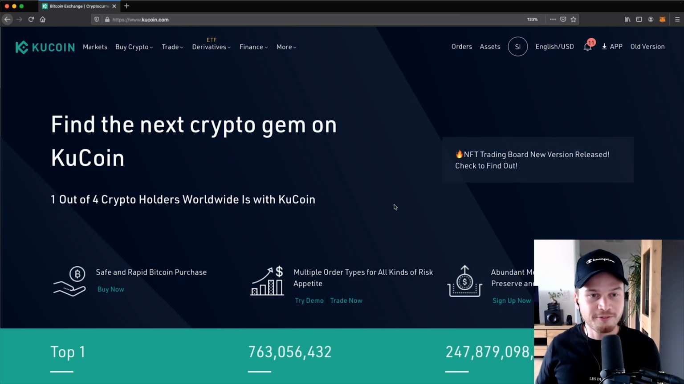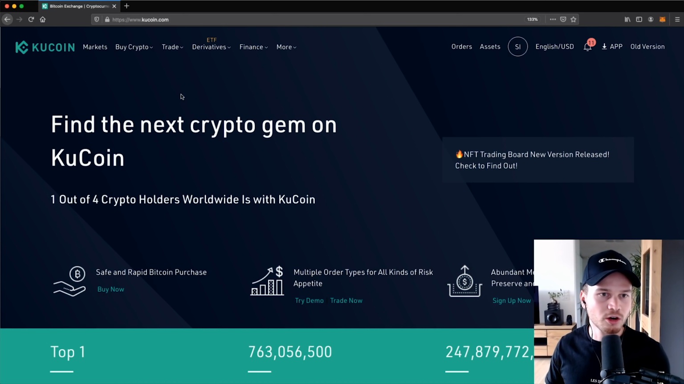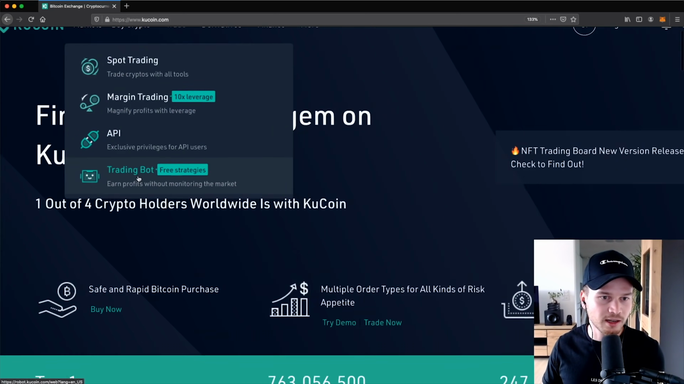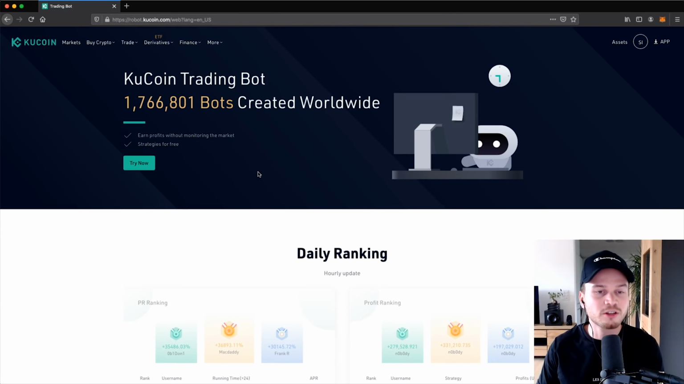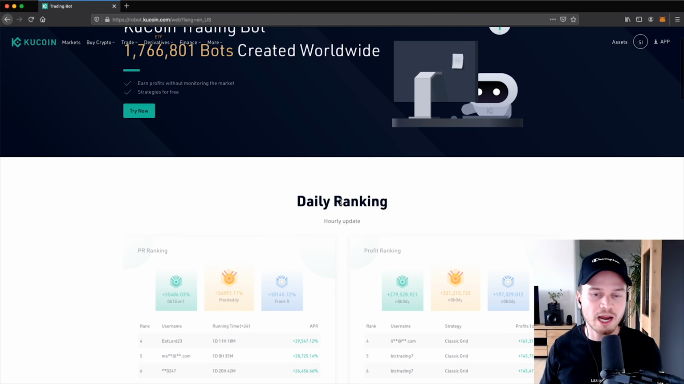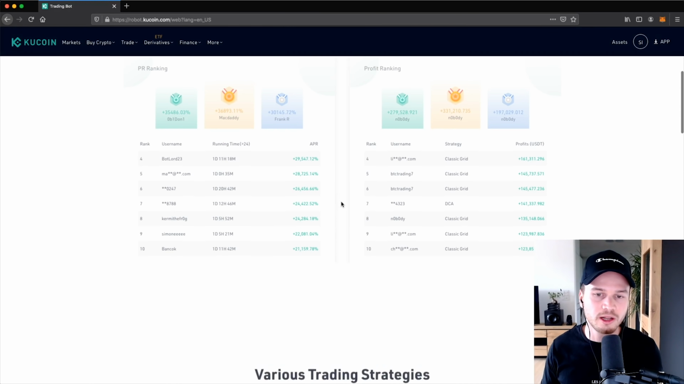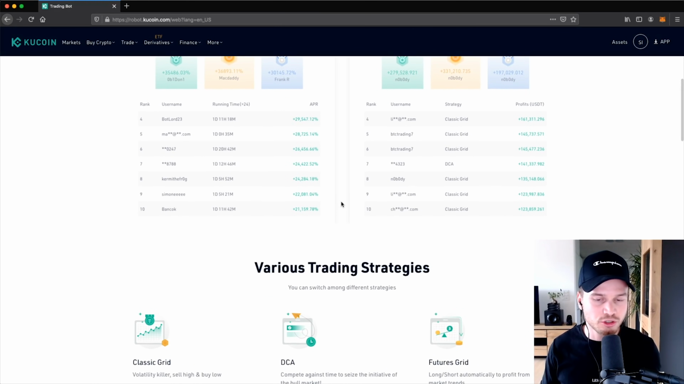Now, before I finish this tutorial, I want to quickly also mention that there is a trading bot on KuCoin. So when we go to trade here and click on trading bot, then we can see they also have a trading bot. But currently this bot is only available on the mobile application of KuCoin. So I'm not going to really show you how this works in this tutorial. However, I'm going to do another tutorial explaining exactly how to use this trading bot and also my experience with